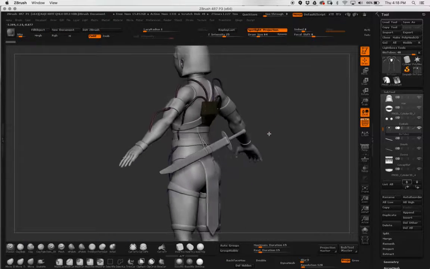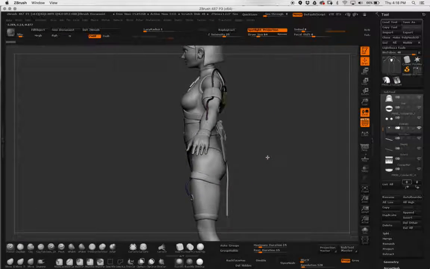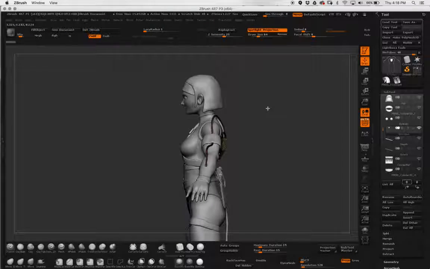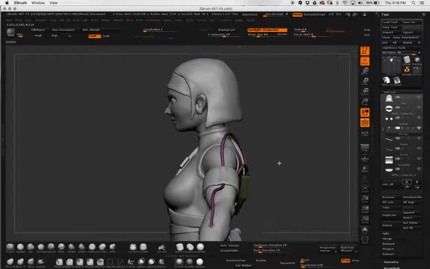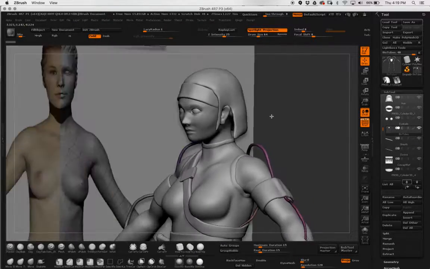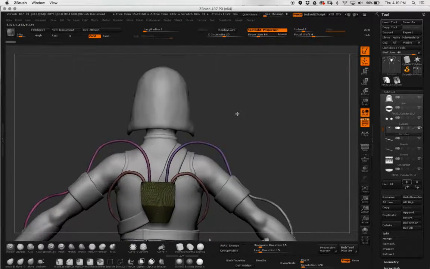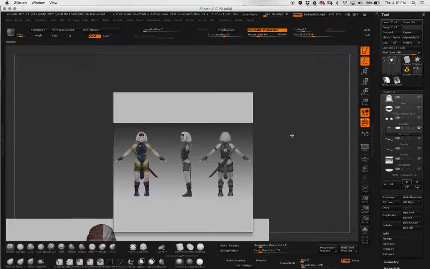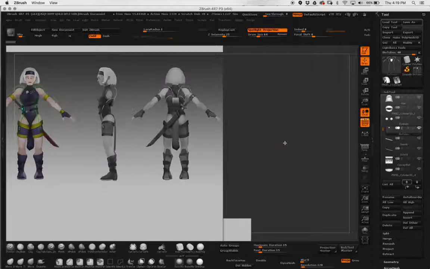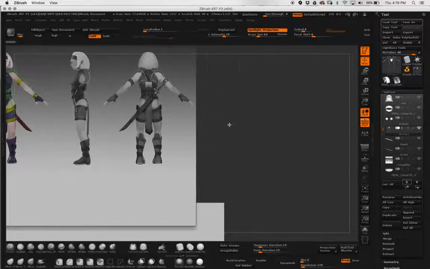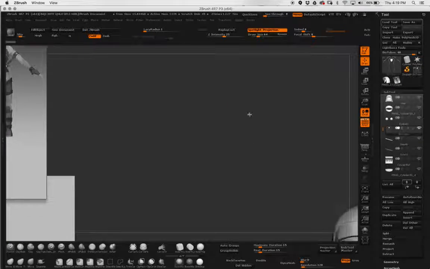This is actually my previous milestone that my teacher critiqued. Some of the things he mentioned was that the hair does not exactly look like hair. It kind of resembles that of cloth. I really agree with him on that. I wasn't really feeling it. Doesn't exactly match the concept, which is like this right here. You can see it's phrased out a bit more, and mine kind of looks just like a rag laying over